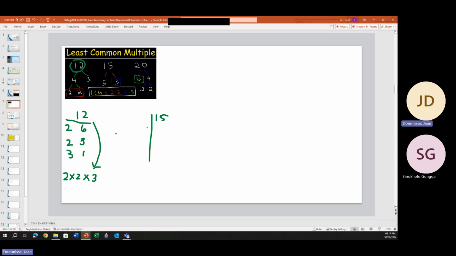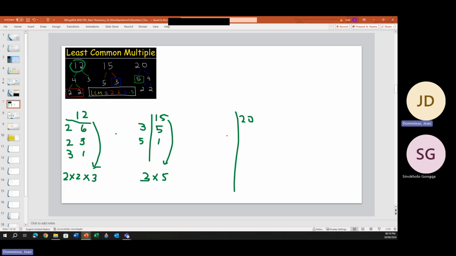So again, I would first have said, okay, 3 goes into 15 5 times. Then 5 goes into 5 once. So my factors for 15 are 3 and 5. And then the next one, 20,